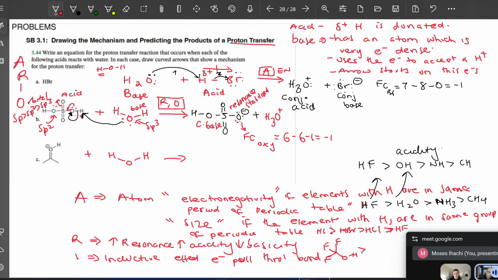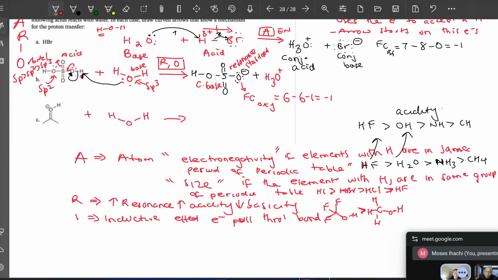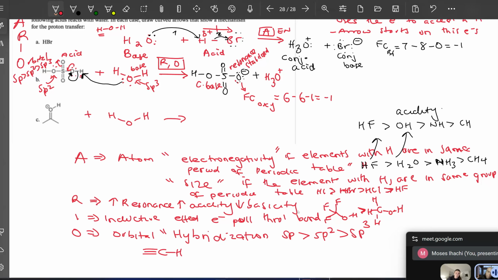This one is more acidic than this one. Why? The fluorines are pulling electrons through the bond. Okay. Aerial, this is orbital. You can call it hybridization. sp is more acidic than sp2, and sp2 is more acidic than sp3, which is why when we're talking about alkynes, we say that the alkyne